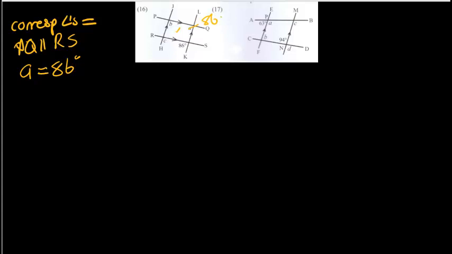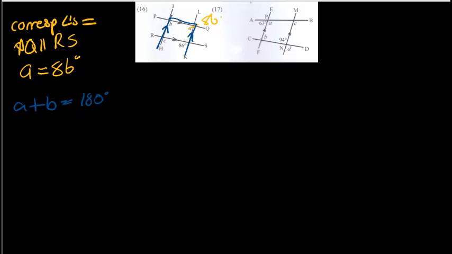Next up, I'm going to go for B. My closest angle to B is going to be either A or C. C is unknown, A is known. So if I do A and B, I can use this shape to do co-interior angles. And I just want to confirm, yes, this line is parallel to that line. So I can use that shape. So I'm going to say for B,